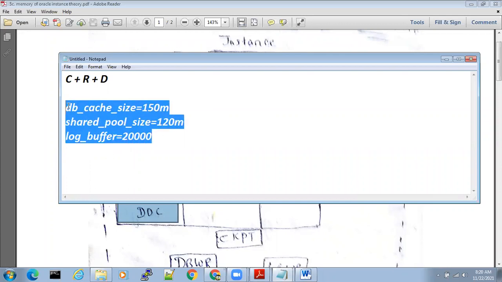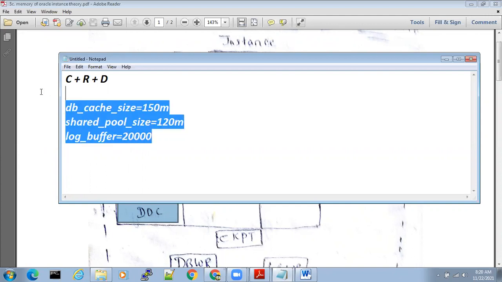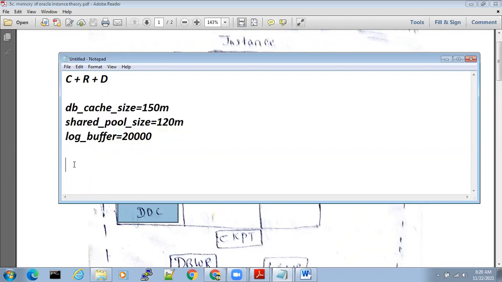Instead of writing these three parameters at the time of database creation, replace these three parameters with one single parameter called SGA_TARGET equal to 500M.